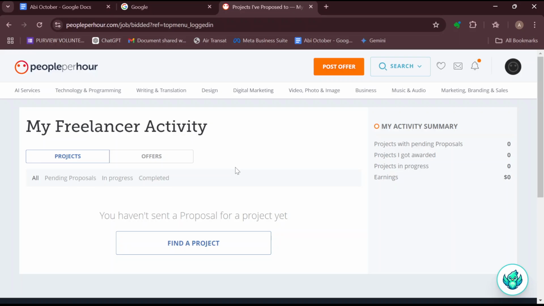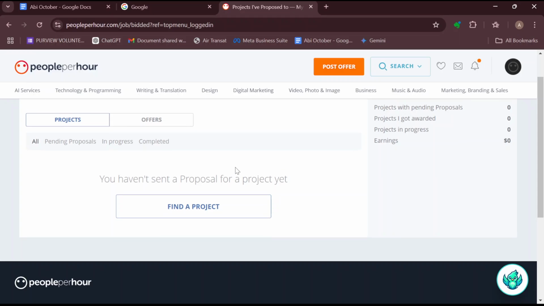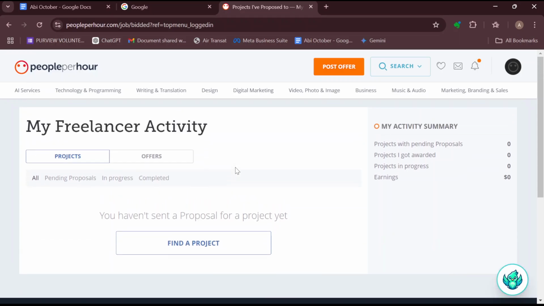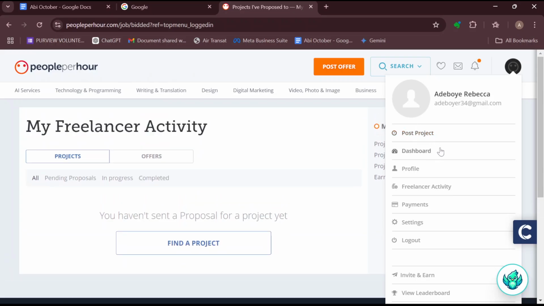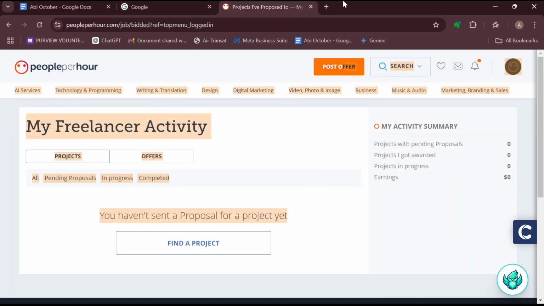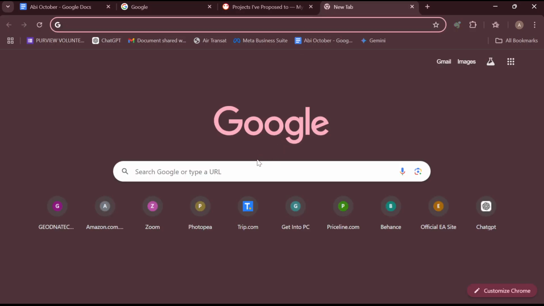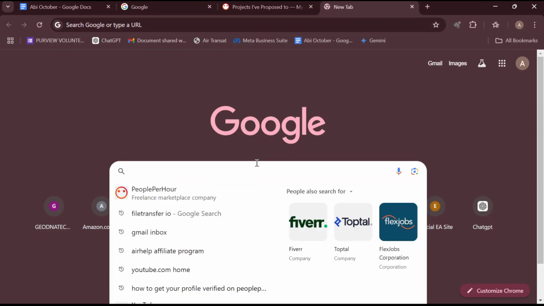Another way is if you cannot find the dispute button or the dispute button is not going through on this particular page, the next step would be for you to contact customer support. You have to submit a ticket to customer support. And how do you do so? Move to the top right corner of the screen where you can see your profile icon and click on it again. Once you click on it, you will see options like post projects, dashboard, profile. Since you cannot see any option that has to do with customer support here, just go to the top right corner of the screen, click on the plus icon to open a new tab,